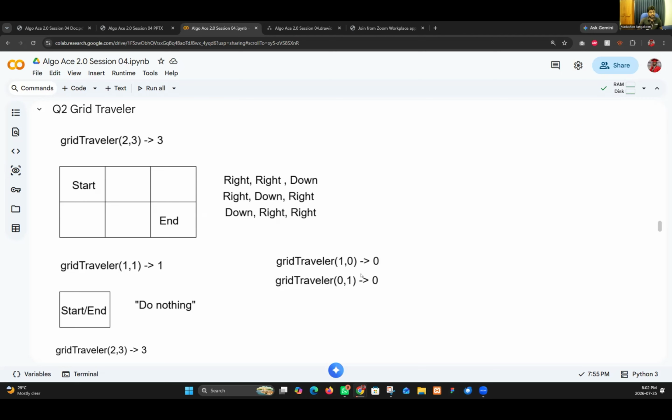So in a 2D grid, a two-dimensional grid, definitely I need to think about this. So this can be considered 0. And this is another special case: 1 column, 1 row. There is no proper way; they don't need to go left or right, they are in the same place. So we can put 1. These are what we call a few base cases. So when it comes to dynamic programming, we need to separate a few special cases and the base case.